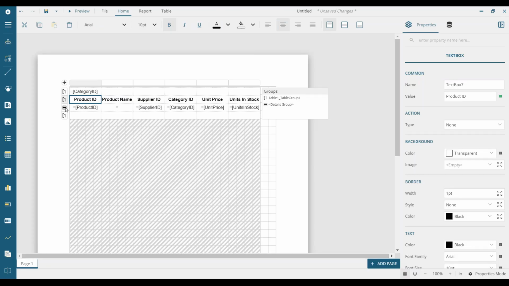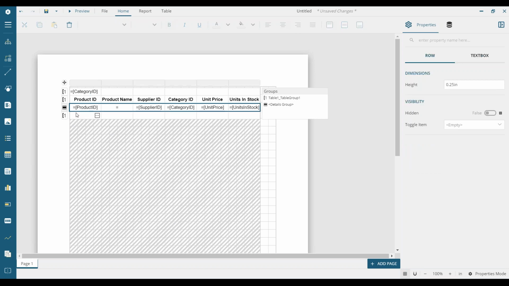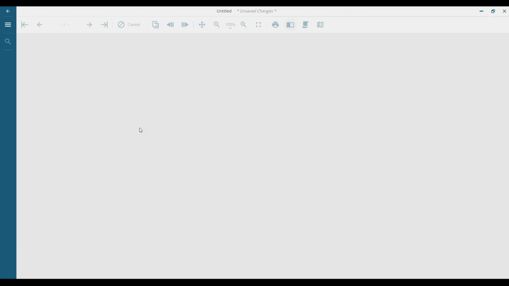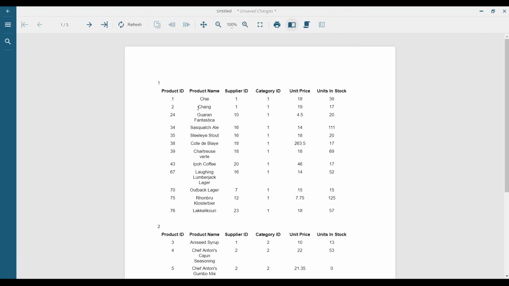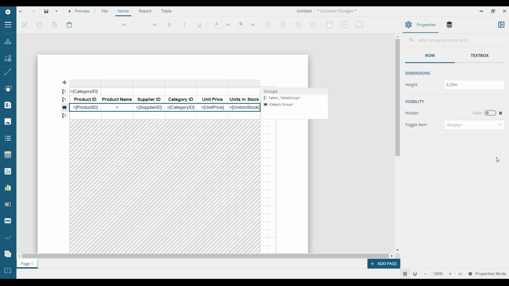All right, so the next thing that we're going to do is some more customization to the report. I'm essentially going to alternate the color of the rows in the table itself. You see the first row here, I'm going to make that gray, and then the second row is going to be white, and then the row after that's going to be gray. So it's basically going to be alternating colors. So first,